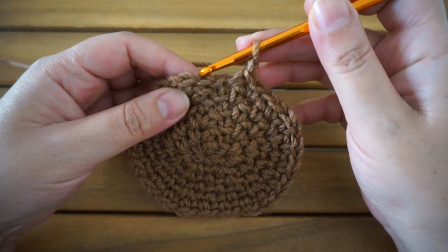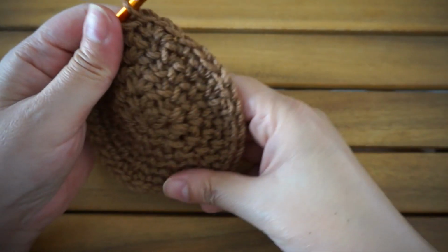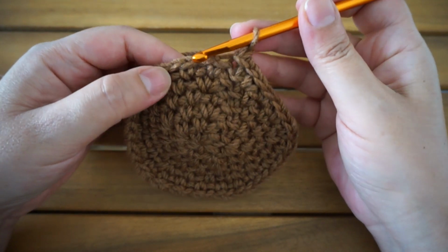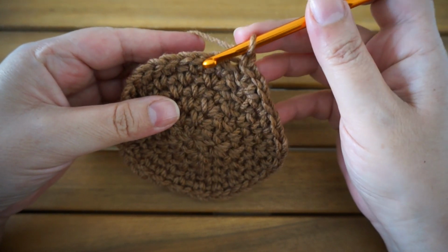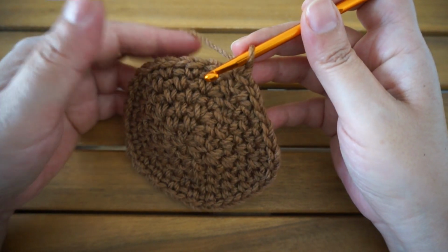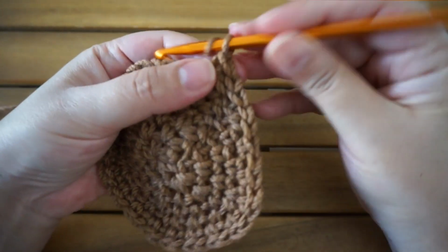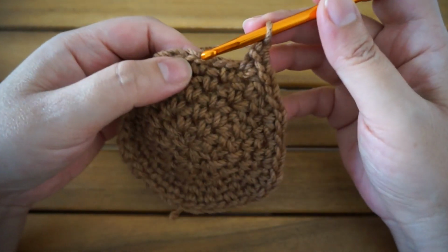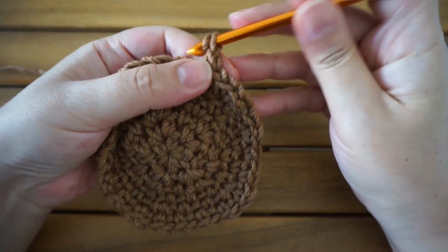So here again I'm at the end of the round, and I will join to the chain 1 space with a slip stitch. Now the next round, it's another decrease, so I'm gonna chain 1. This time 2 single crochet with a chain 1 space in the first space, means single crochet chain 1, single crochet chain 1, and in the next 3 spaces single crochet chain 1 only. So 1 single crochet chain 1, 1 single crochet chain 1 in the same space. In the next 3 spaces single crochet chain 1,